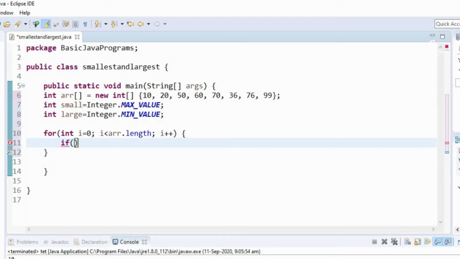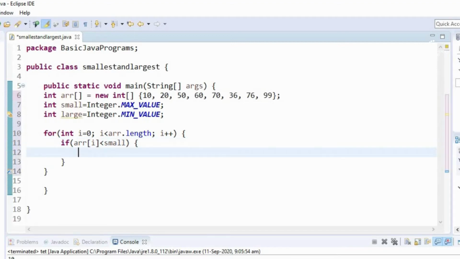So if array[i] is less than small, we will assign that value to the small variable. So small is equal to the array[i] value.